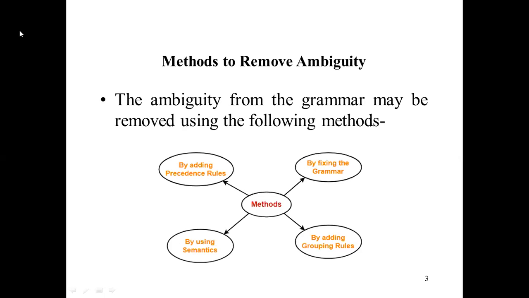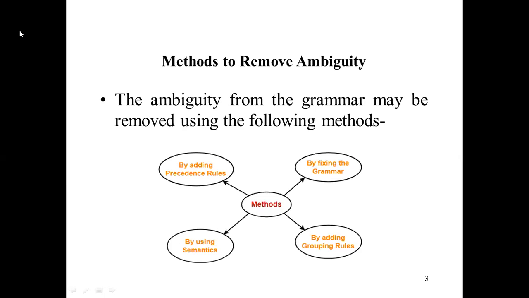So you have knowledge regarding the precedence rules. We give more priority to the divide sign over the multiplication, or positive sign or negative sign. Okay. So the division sign has more priority. We will give it more precedence. Then we always follow some precedence rules. Another is by using semantics.